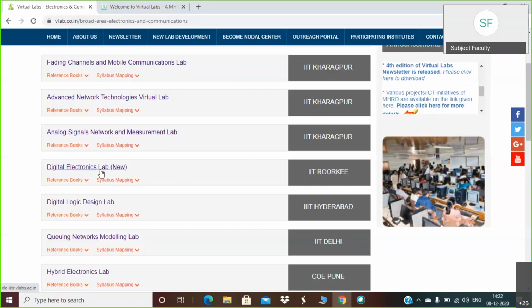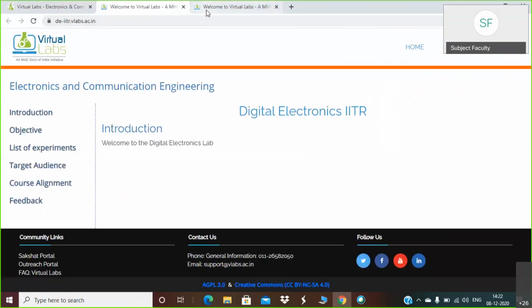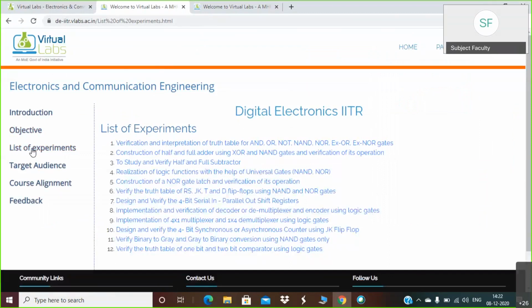When you click on that particular lab, you will get the introduction regarding digital electronics, objective, but we are interested in the list of experiments. When you click on list of experiments, a total of 12 experiments will be there.